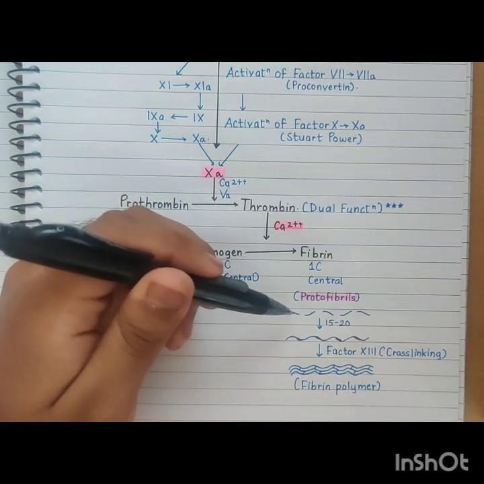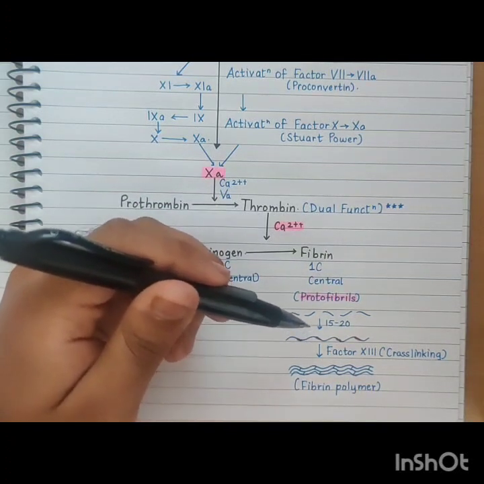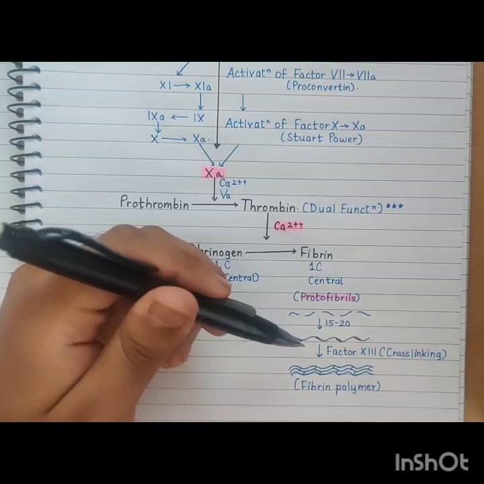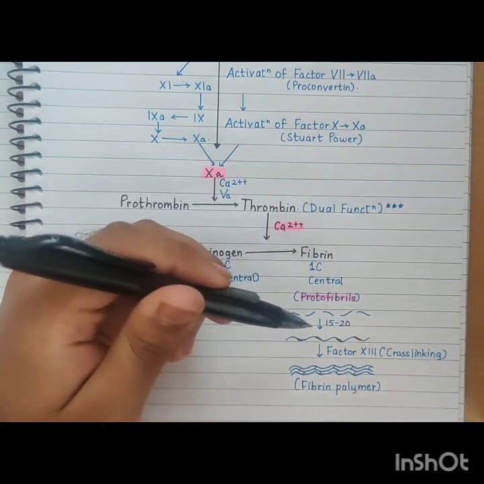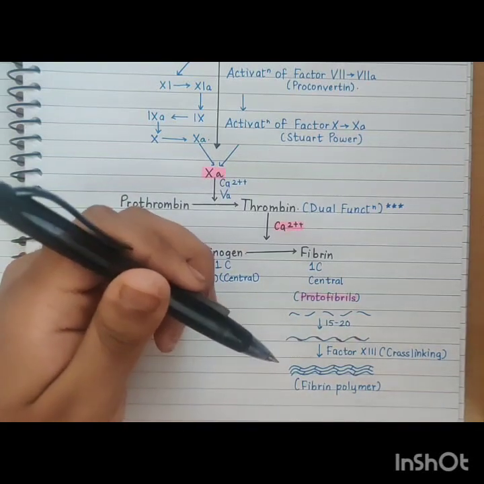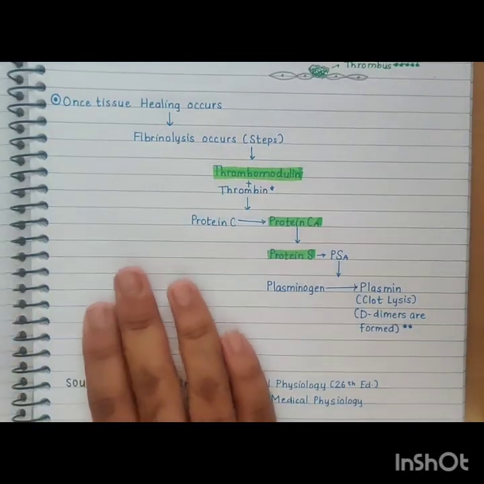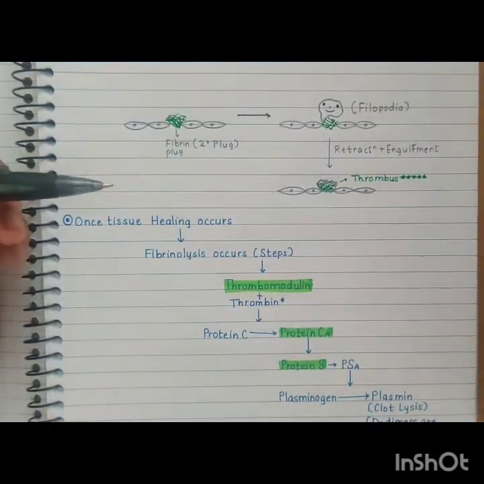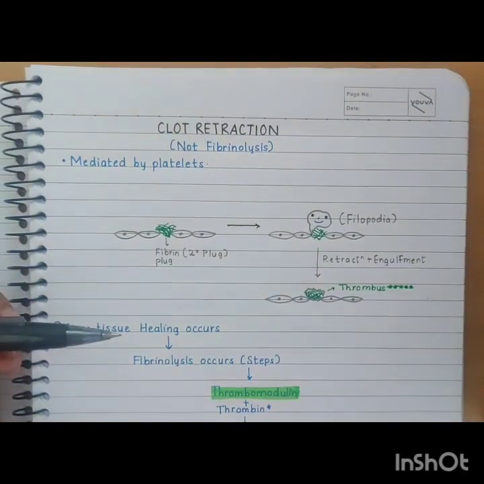So protofibrils are formed, they are joined in the number of 15 to 20. Factor 13 will cause cross-linking and it will form the fibrin polymer. So what we need to understand is factor 13 is also very essential in the last step of the fibrin plug formation. Lastly, we come to a very important concept of clot retraction,